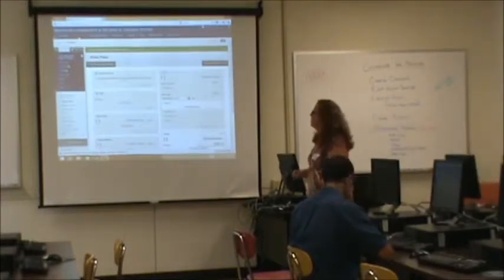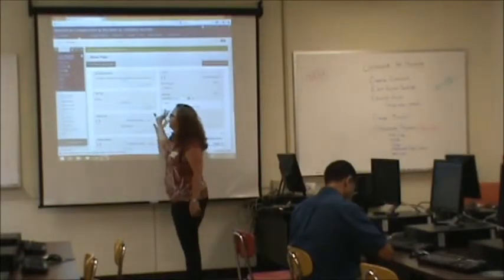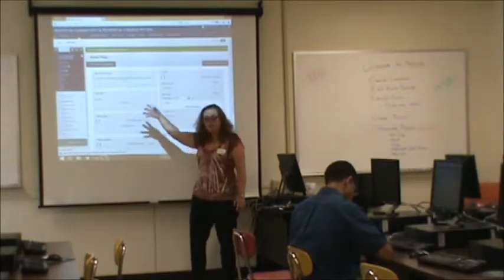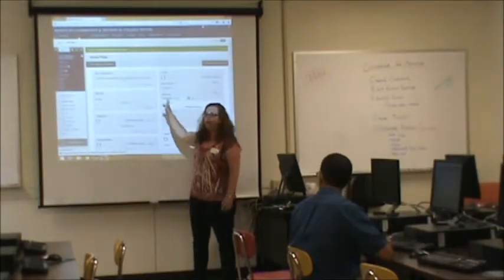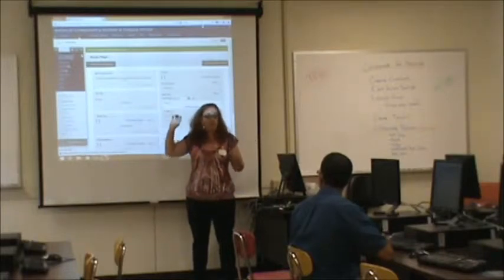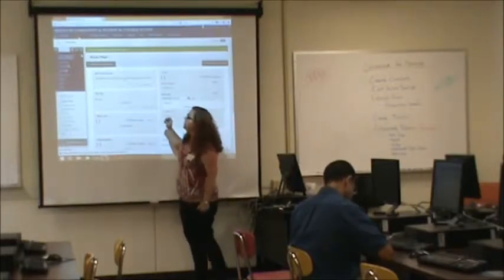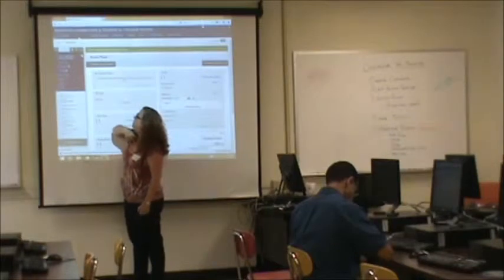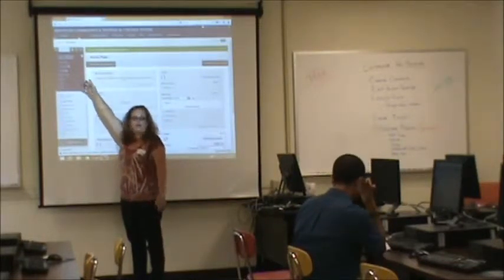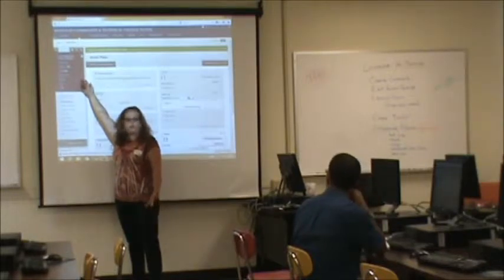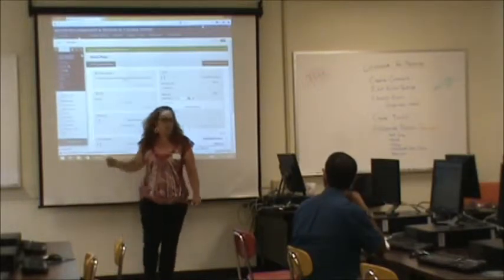Same code. Okay, so from here, like I said, we're really not going to use this as Blackboard itself, but a community, as you can see, looks just like a course. There's really no differences in it. Now, for myself, since I'm going to use this, I might put the link for Collaborate right here just so I can get to it really easily. So to do that,